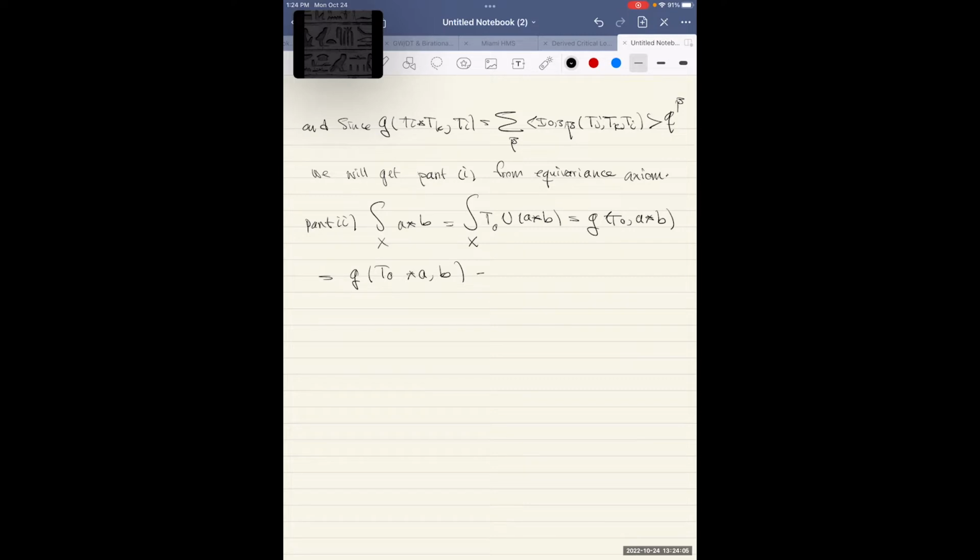We proved it last time, and this is G of A comma B. So this is by associativity